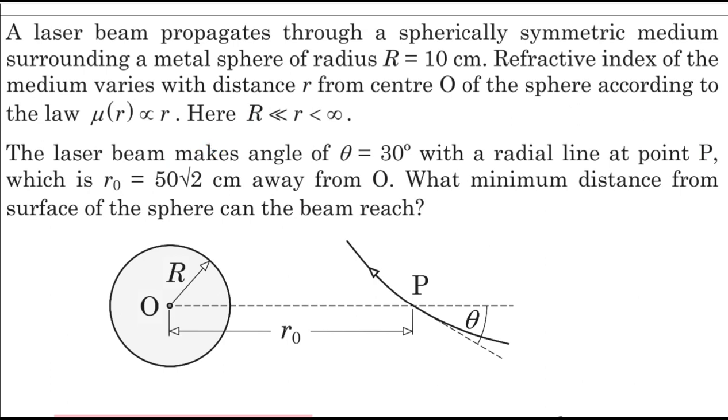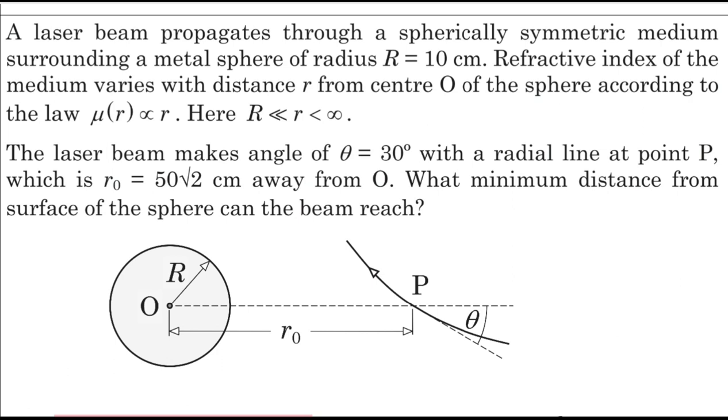In this case, you have to determine the closest distance of approach of this laser beam or light ray, whatever you want to call it, from the center point O here. Not from the center point, but from the surface of this smaller sphere of radius capital R, right? So what we first want to do is determine a result for Snell's law, a kind of variation of Snell's law that will be used in this case, right?